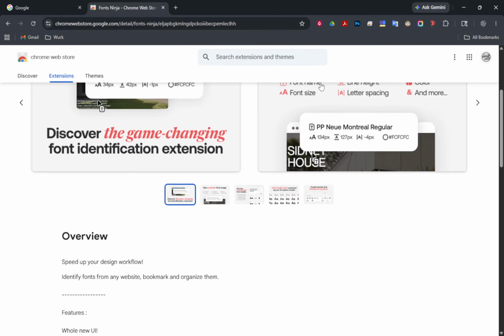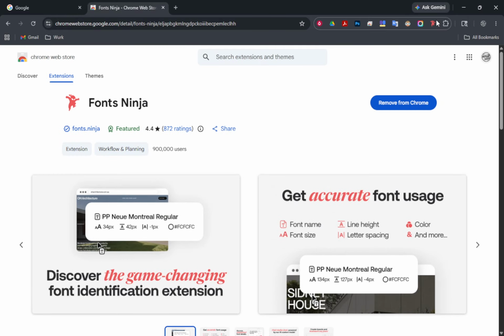A few quick tips to make the most of it. Fonts Ninja works best on live text on websites, not on text that's part of an image or a screenshot. If you try to inspect a banner or a logo that's actually an image, the extension won't be able to read the font. You can bookmark fonts you discover for later, which is great for building a personal library or